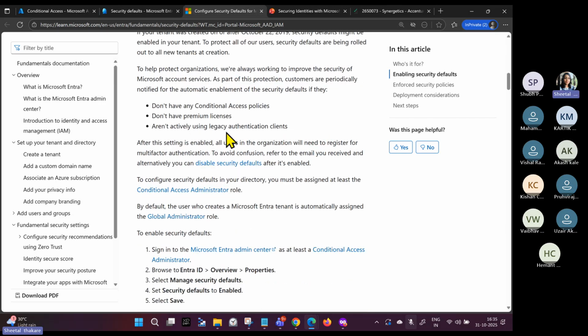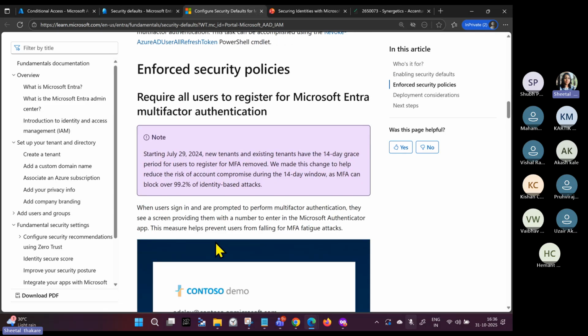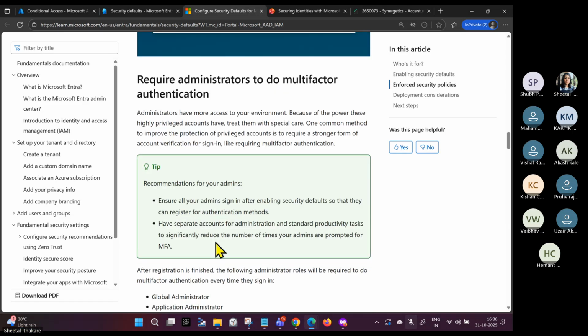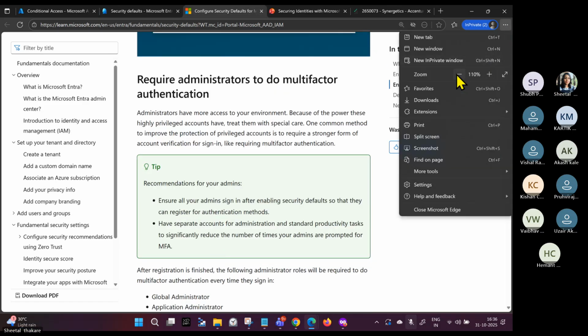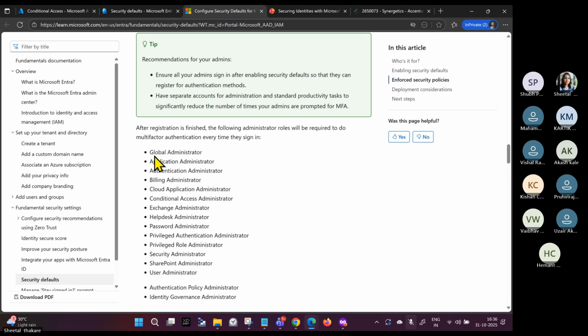If you are not on the legacy authentication clients, security defaults are for you. So what it is going to do, there is the listing of: require administrators to do MFA. Which administrators? After registration is finished, the following administrator roles will be required to do MFA authentication every time they sign in. So security defaults will make admins go through this mandatorily,